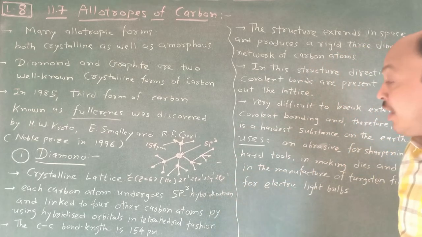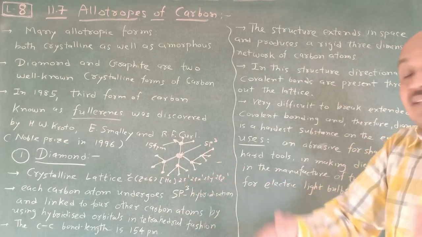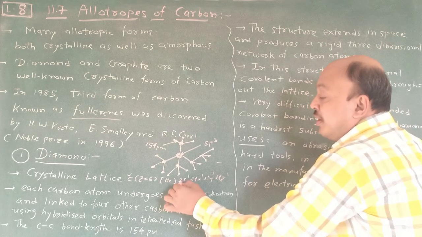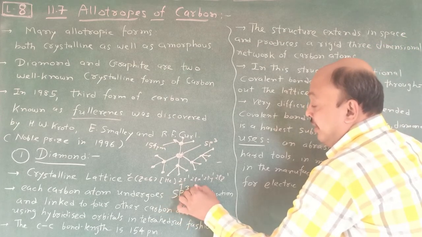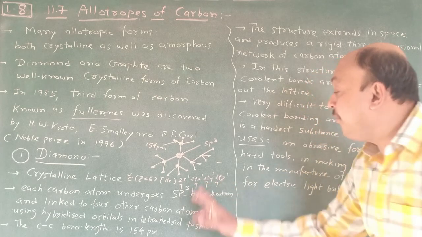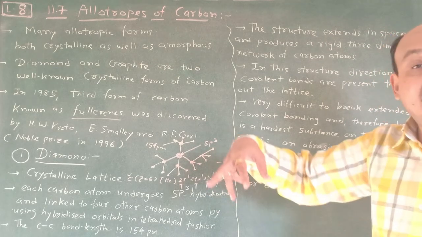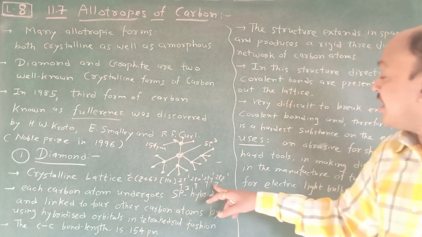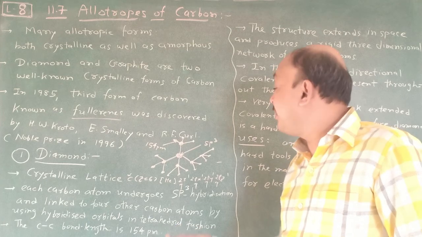So there is no free electron, and when they bond together, at that time they become hybrid, and that's why this bond orbital is not the same as 2s. It is considered as an sp3 hybrid orbital. This is one sp3 hybrid orbital, this is another, and this is another. So here 4 sp3 hybridized orbitals are obtained, which are arranged in a tetrahedral fashion. So this is very simple if you understand electronic configuration and how bond formation takes place.